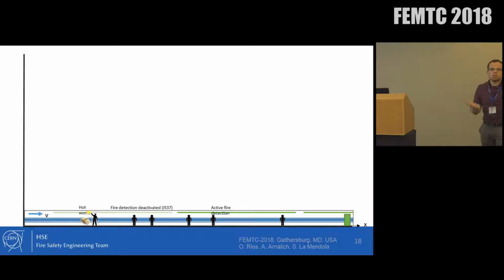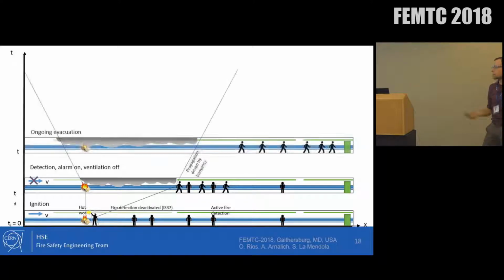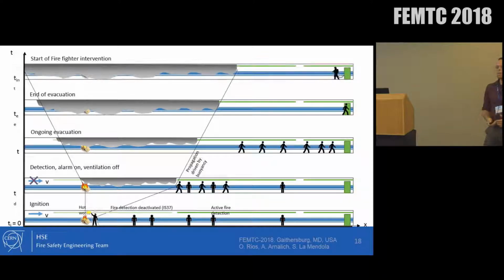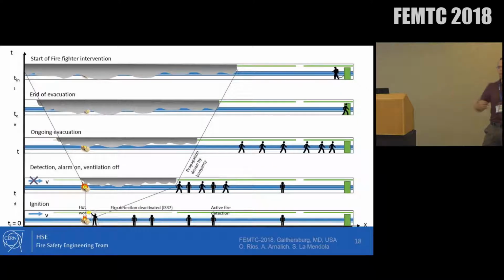So just for those that are not used to data visualization in tunnels, we have a nice way of visualizing this data because we already have 1D geometry. So if we look at the tunnel, we can stack what is going to happen on the y-axis. So we have time on the y-axis. So we stack the people moving and the smoke propagation in the y-axis, and in the x-axis we have one direction. So we have x direction.